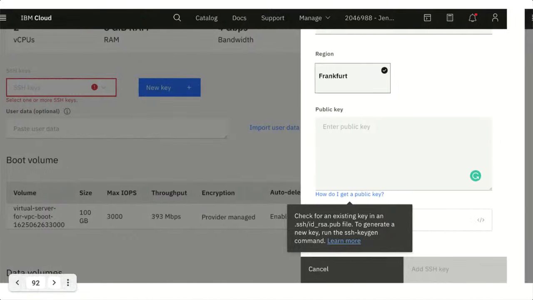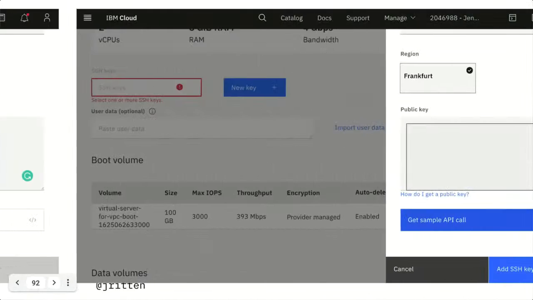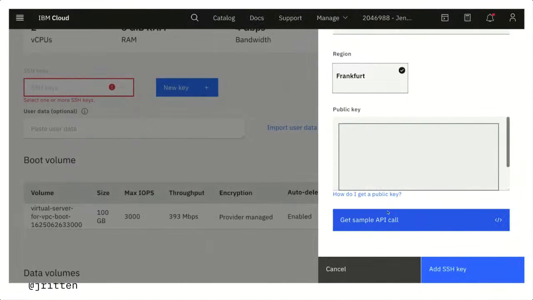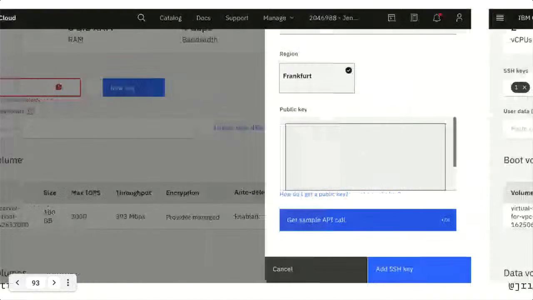There's some docs to do that. And then what you're going to do is, I blocked it out, but you're going to put your key in here. And then one thing that's really nice is there's a lot of code snippets and code samples everywhere. So this, when we add our SSH key,